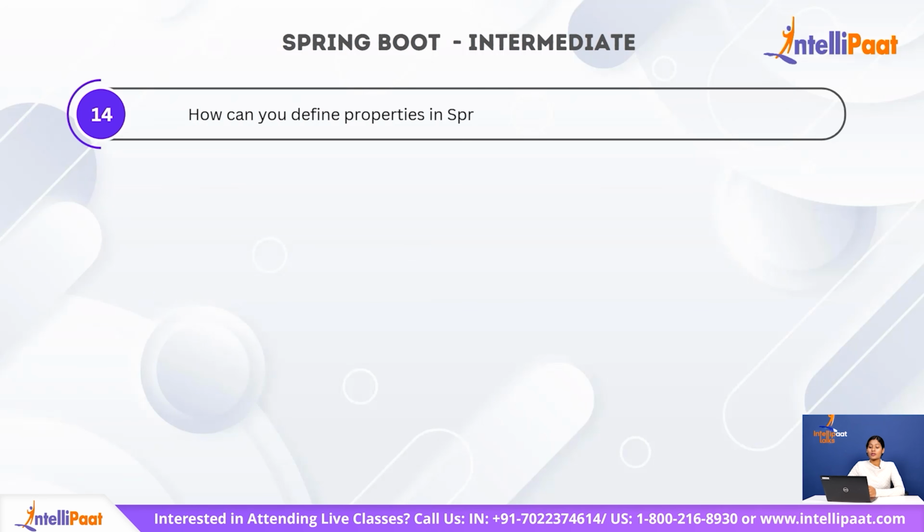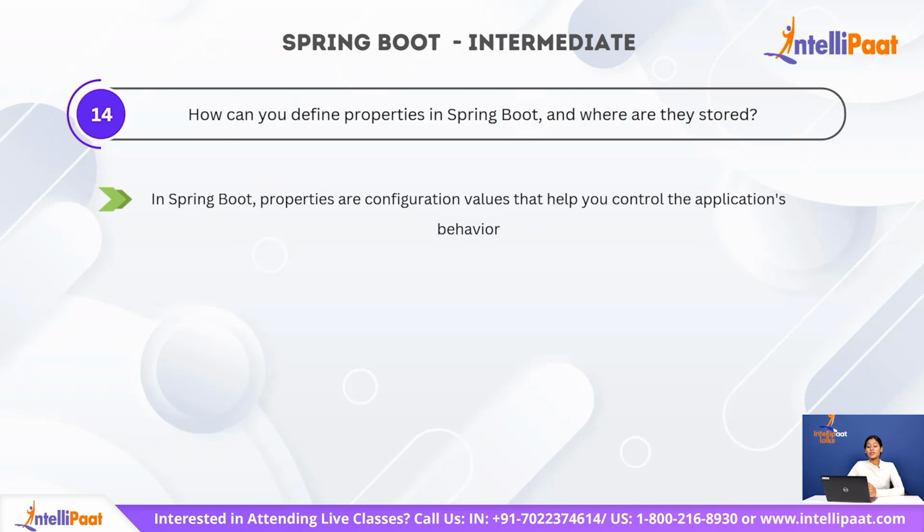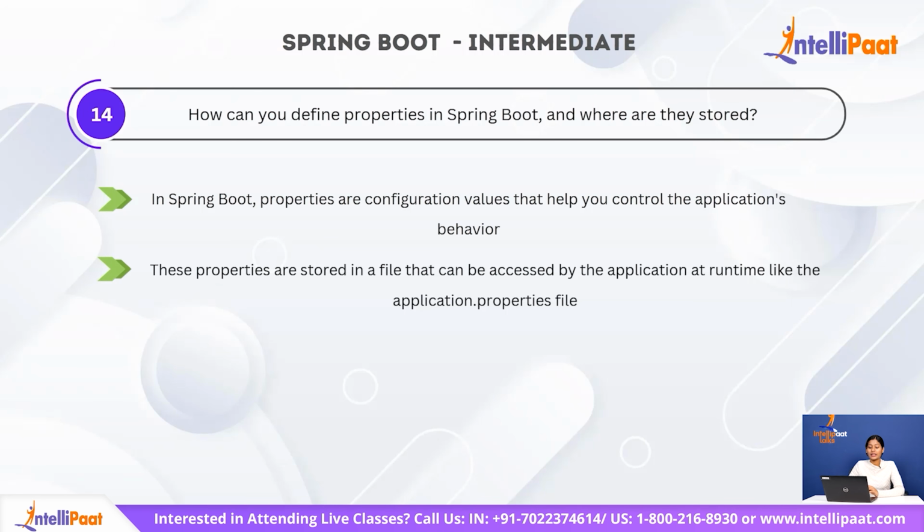Moving on to our next question. How can you define properties in Spring Boot and where are they stored? This is about the application.properties file again. In Spring Boot, properties are configuration values that help you control the application's behavior without messing around with the source code. And these properties are stored in a file that can be accessed by the application at runtime, like the